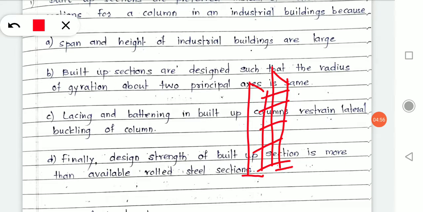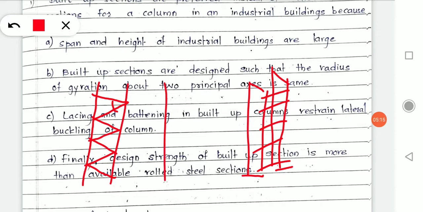So these plates can come in two different patterns. Let's suppose these are two I angles and we want to connect them. You can connect them at a certain degree or with some angle. Otherwise you can connect them in a flat pattern like this. All right, so when you connect them at an angle, we call it lacing, whereas when you connect them horizontally without any angle, that kind of plate is called battening.